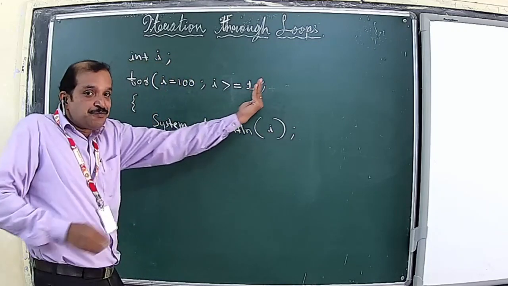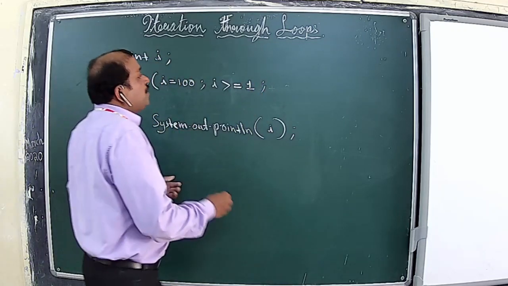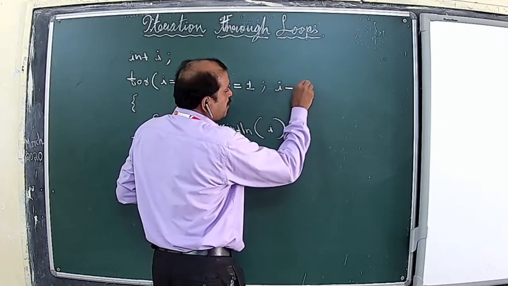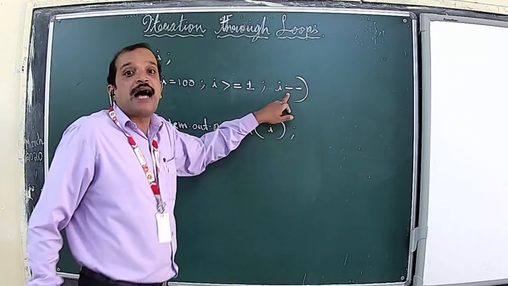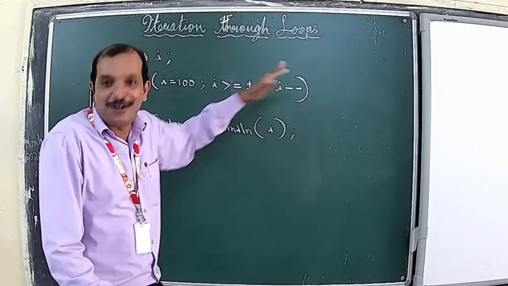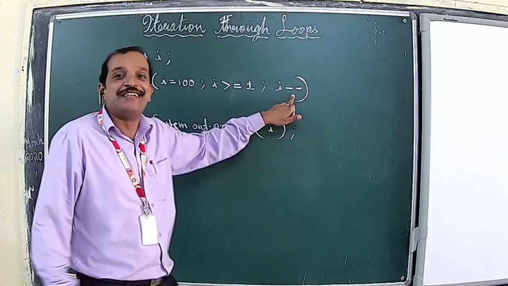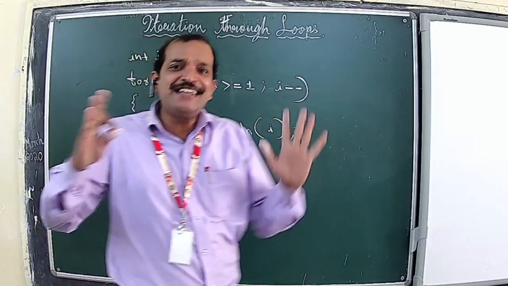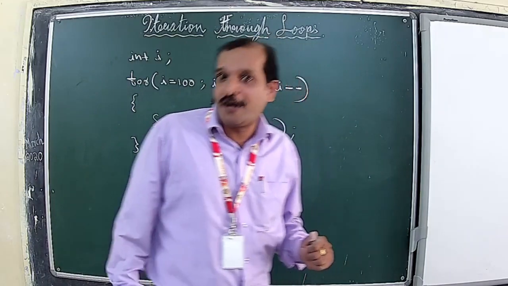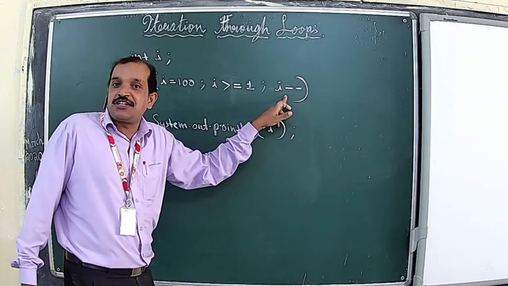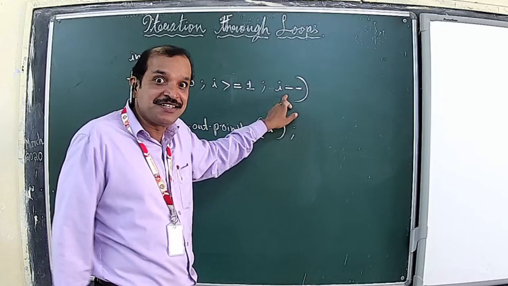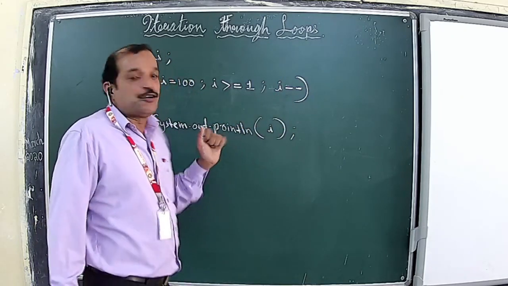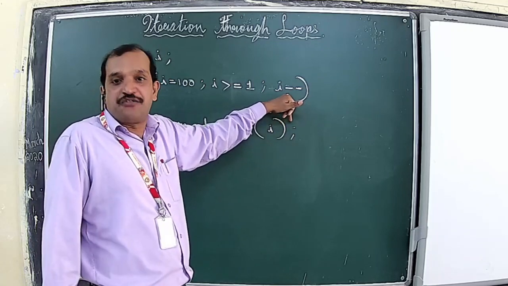See, now it's moving backwards. And instead of using the increment operator, now we are going to use the decrement operator as part of the update expression. As you know, this decrement operator is used to decrease the value of a variable by 1. The meaning of I minus minus, as we have seen earlier, is I equal to I minus 1. So the decrement operator decreases the value of a variable by 1.